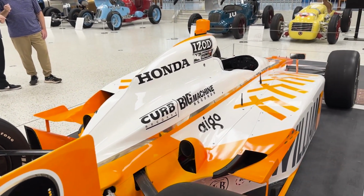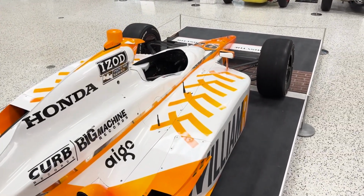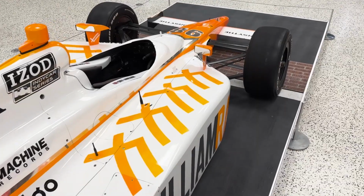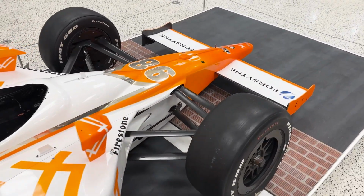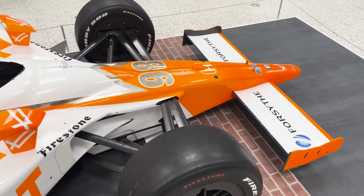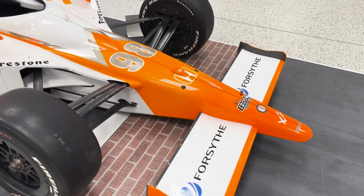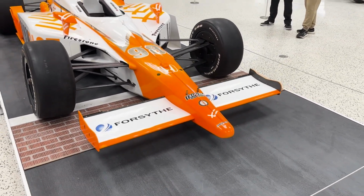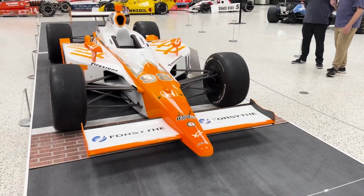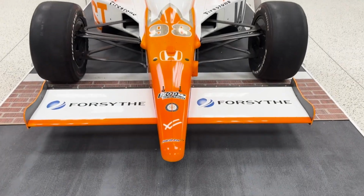record ever being broken. Yeah, and just from a historical perspective of this car, you talked about the era in which you needed a March Cosworth. Well, this really represents, at least for now, in terms of chassis competition, where that kind of died out, because the Dallara was better than the contemporary Panoz chassis, and even at this point, you didn't have an engine choice. It was all Hondas, all Dallaras, but it's amazing to think about this car,